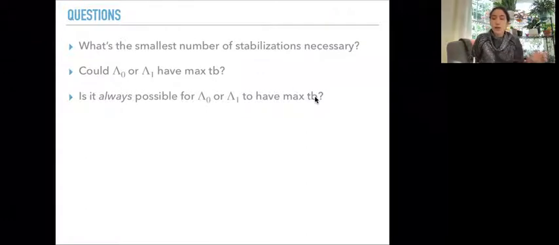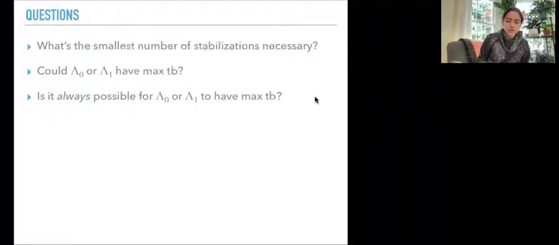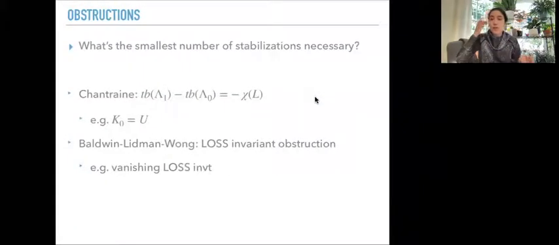Another one is, could we actually have a max TB representative at one or both of the ends? And another one is, can you always have a max TB representative? Or are there only specific examples, or examples where you can't have max TB representatives? So to start answering some of those questions, we should recall some obstructions we have to the existence of